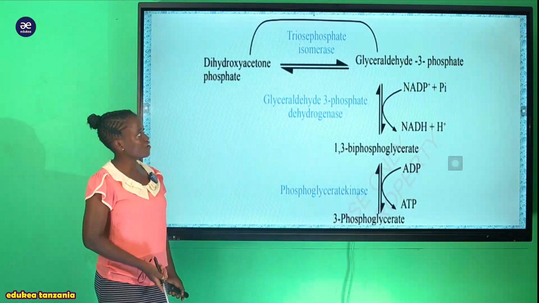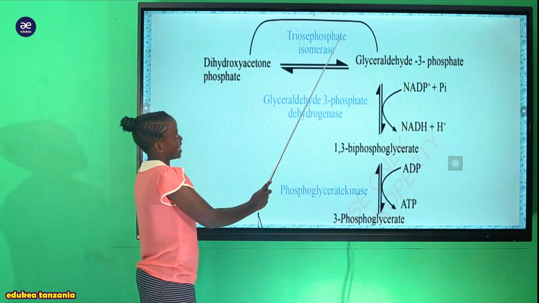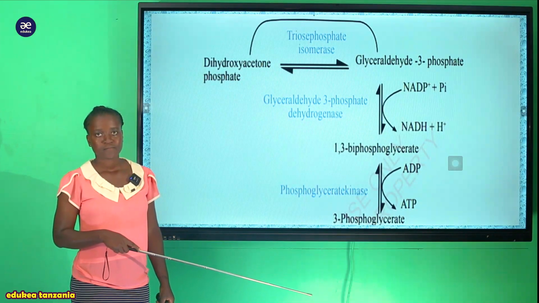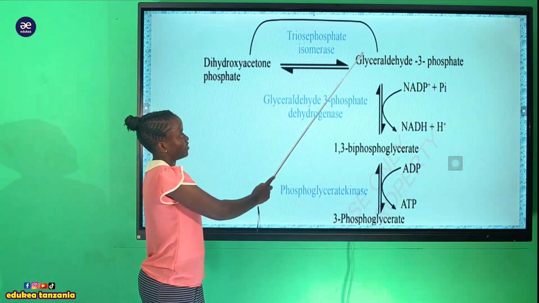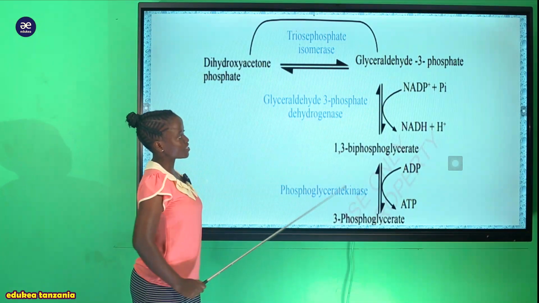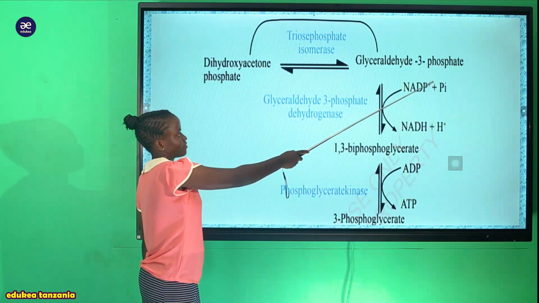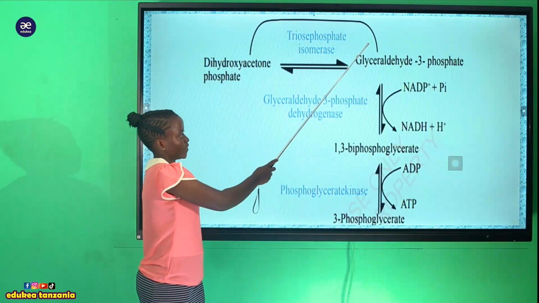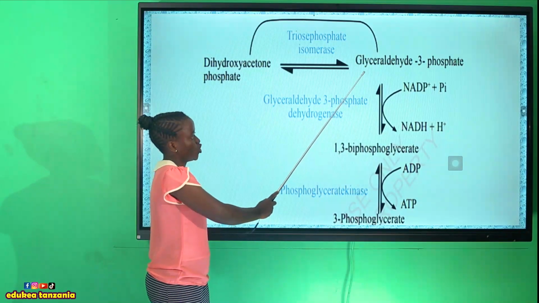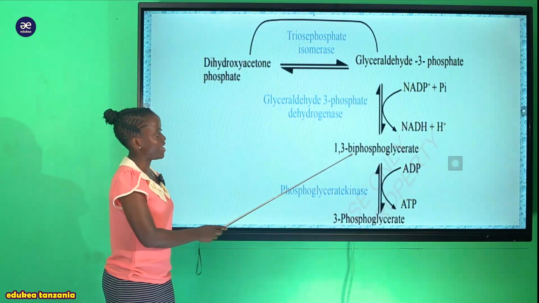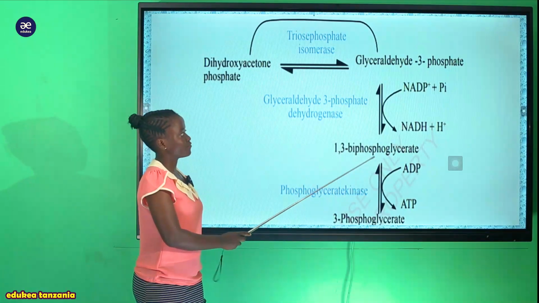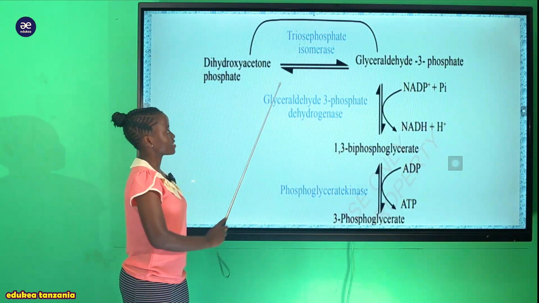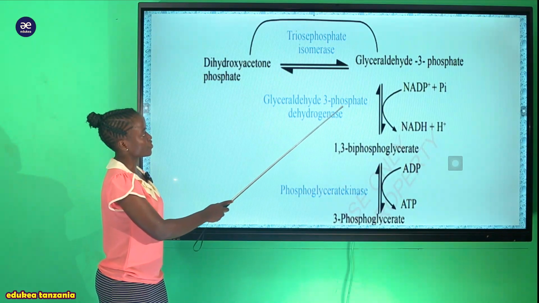So now, after formation of the glyceraldehyde 3 phosphate under this enzyme, ndiye ambaye ataingia sasa kwenye ile glycolytic pathway, ambapo sasa hii glyceraldehyde 3 phosphate tumesema kwamba we tend to add the Pi. We add the inorganic phosphate or phosphate group in this molecule. So after addition of a phosphate group, we are going to form 1,3 biphosphoglycerate. 1,3 biphosphoglycerate. But also this reaction, it is enhanced by this enzyme ambayo inaitwa glyceraldehyde 3 phosphate